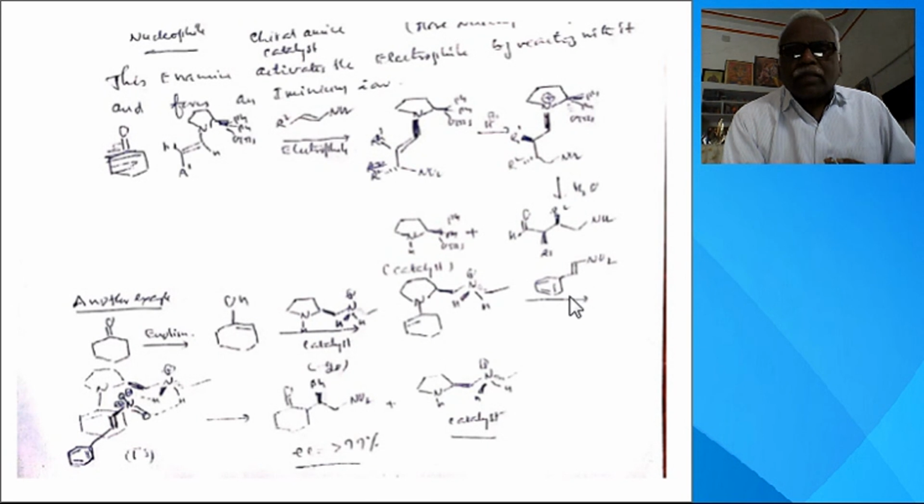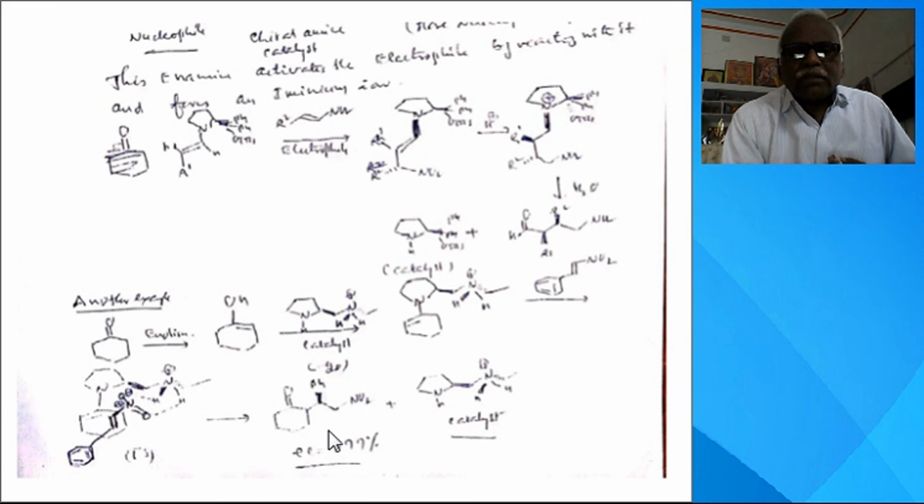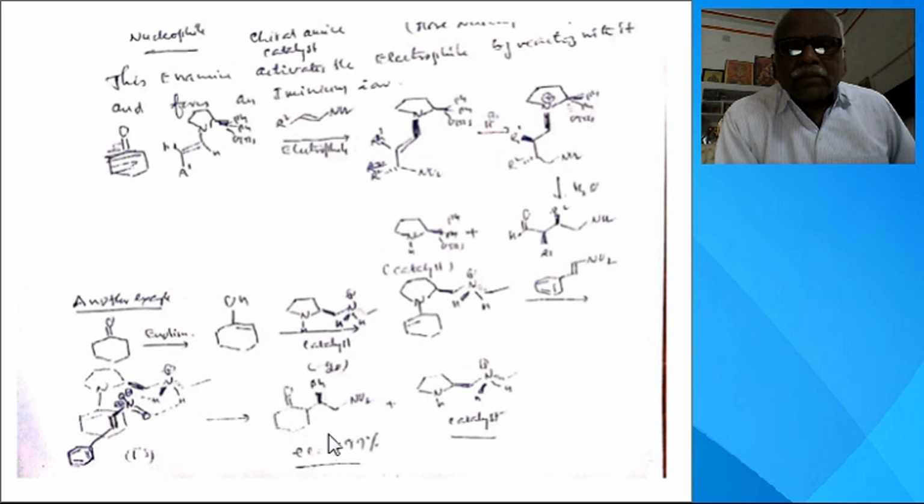Now this reacts with this beta-nitrostyrene. This is nitrostyrene. What happens? This is the structure of the transition state. So this is the styrene structure. This is the catalyst structure. This is above the plane. This is below the plane. So below the plane is covered with the reagent. Therefore, the other plane is free for the reaction. So the nucleophile enters from above the plane. Therefore, this compound's optical purity is more than 90%. Again, the catalyst is regenerated.